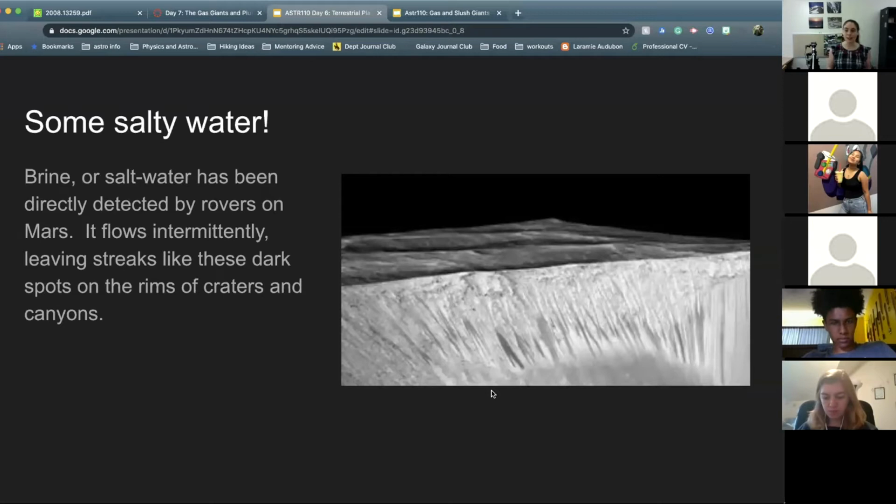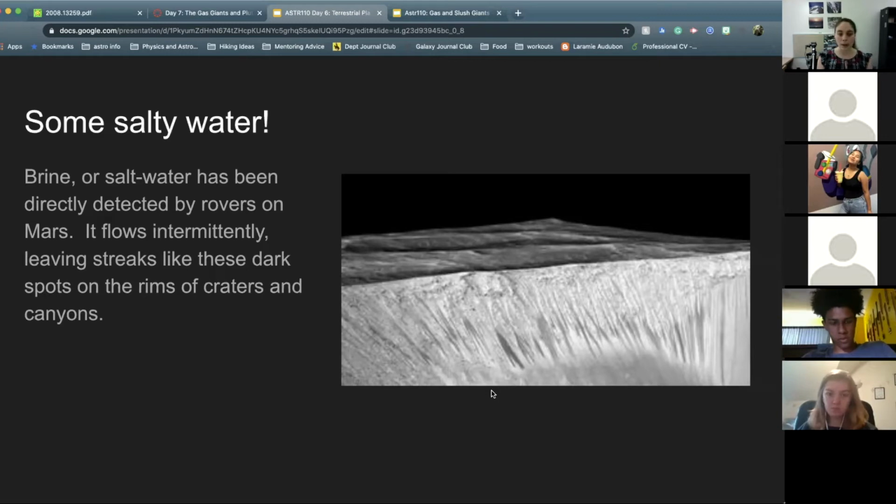That being said, even though there's no water that we think of, there is some very briny, very salty water, like seawater on Mars. Not much. Most of it does either evaporate or solidify, but we have seen some flowing intermittently on the surface of Mars, specifically in shadowed spots of craters and canyons.